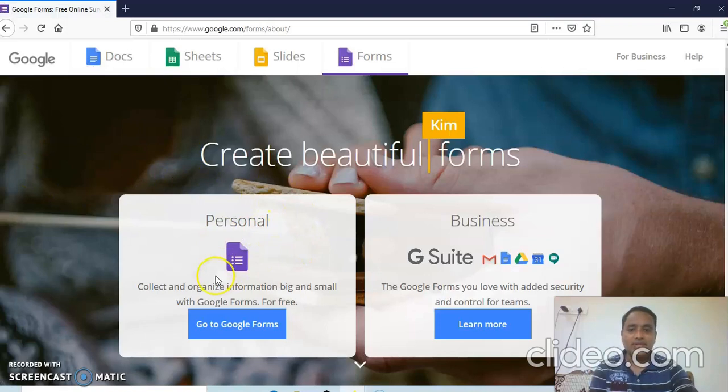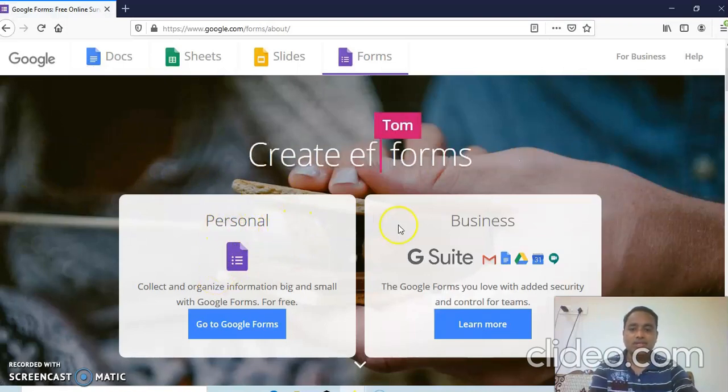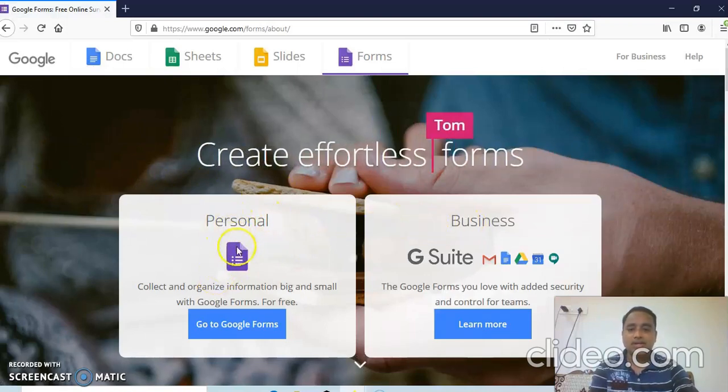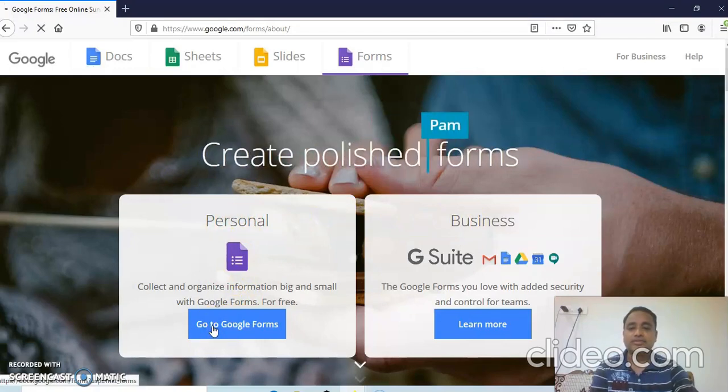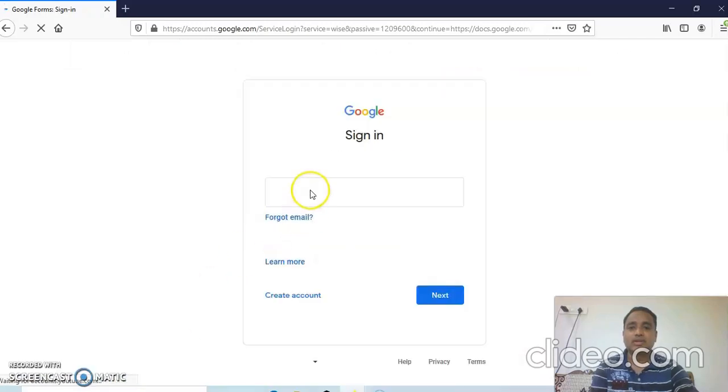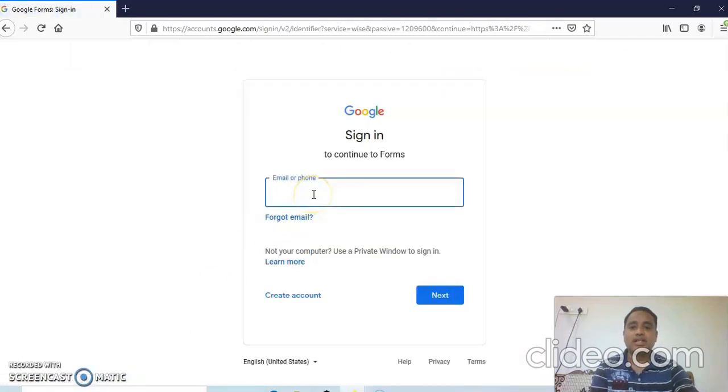As soon as we click, it shows two sections, personal and business. So we have to go for personal, Go to Google Forms. Now it asks for the Gmail ID which we have.